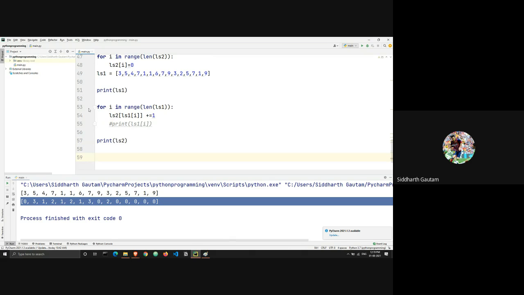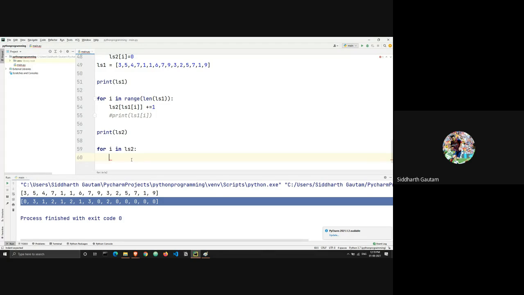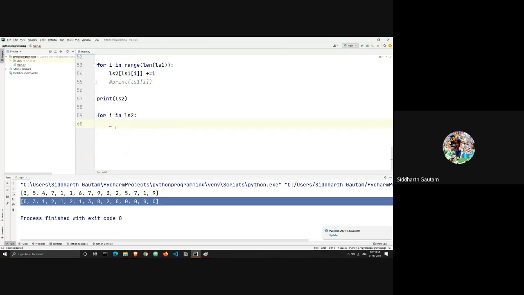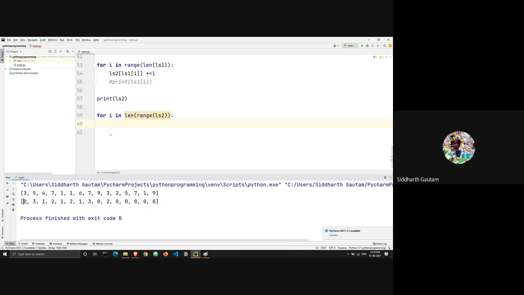So what we're going to do is iterate through the second list. For i in the second list, we are going to change the first list, and let's do it in the same way as we did before: length of range of list 2. Now we have to check the index, and then whatever the value of the index is, that will get appended as many times in a new list.